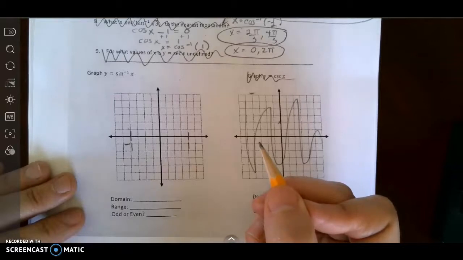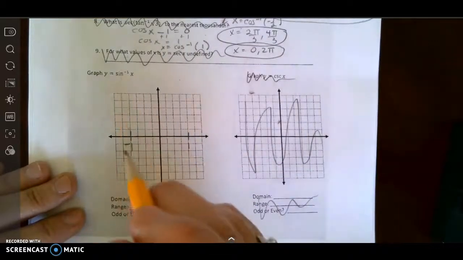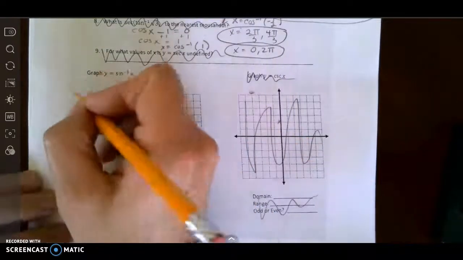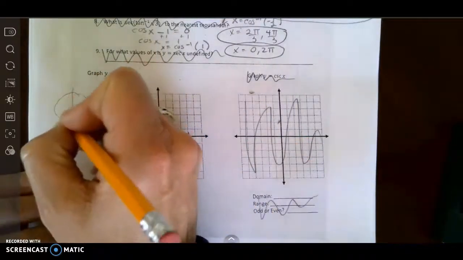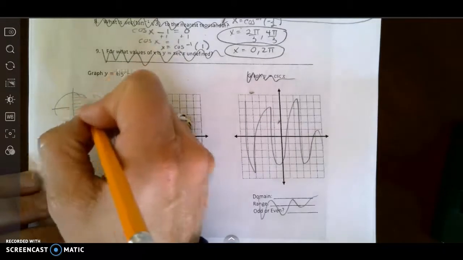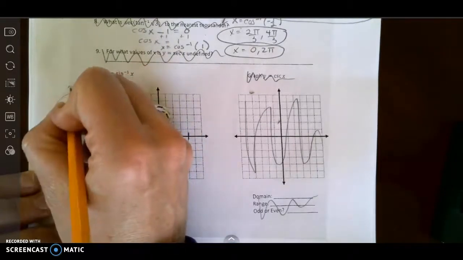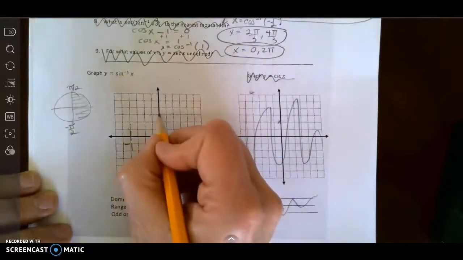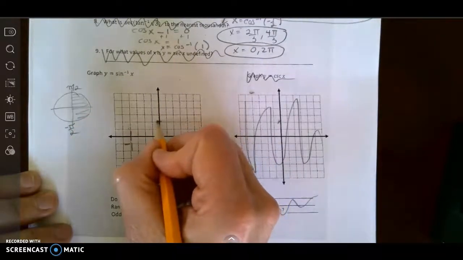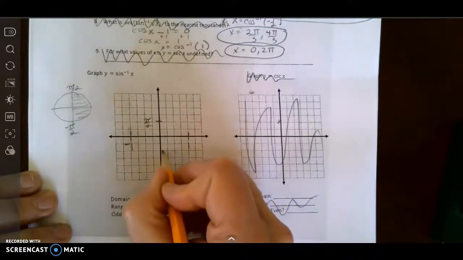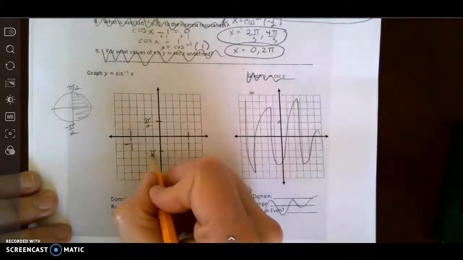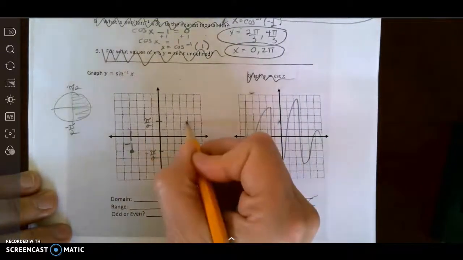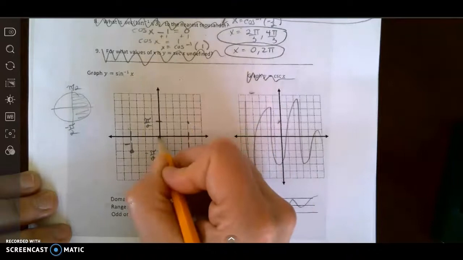And for the y-axis, remember, inverse sine, we just look at this side. It goes from pi over 2 to negative pi over 2. So I'm going to make this pi over 2, and this negative pi over 2, and my curve goes from here to here,